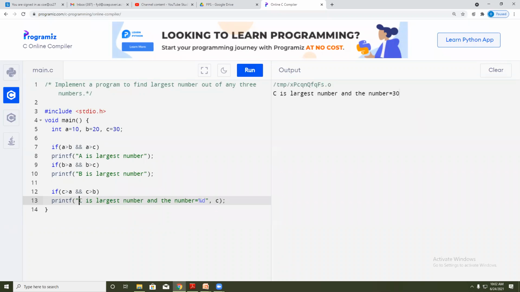Likewise, we will add this message to the others also. Instead of C, I'll write B, and if B is the largest, it will print the value of B. If A is the largest, it will print the value of A.